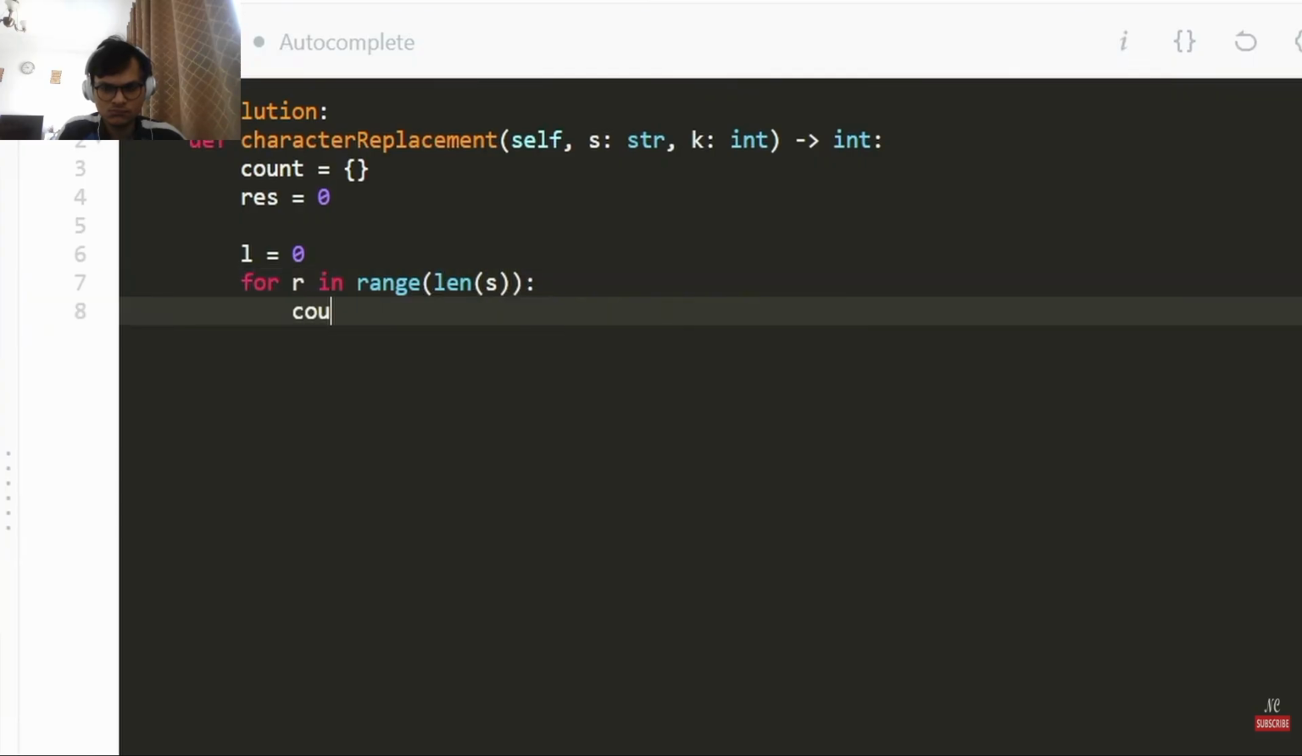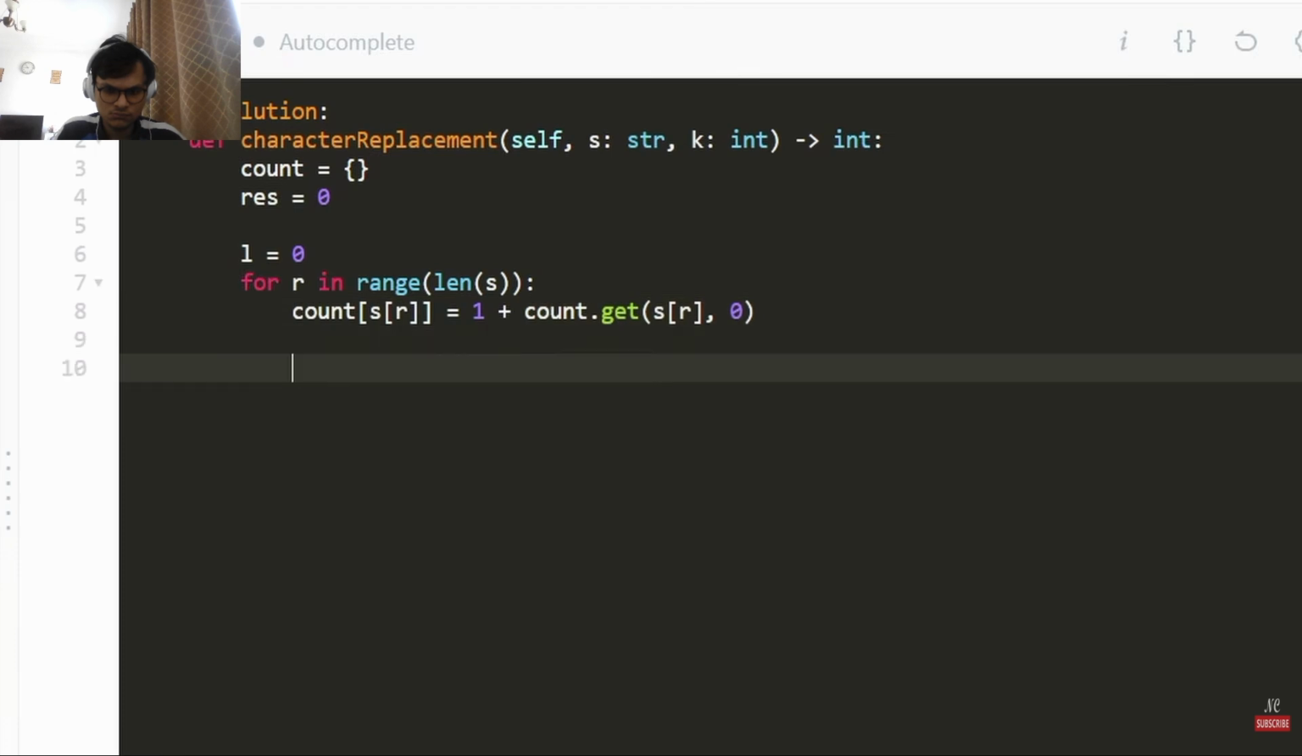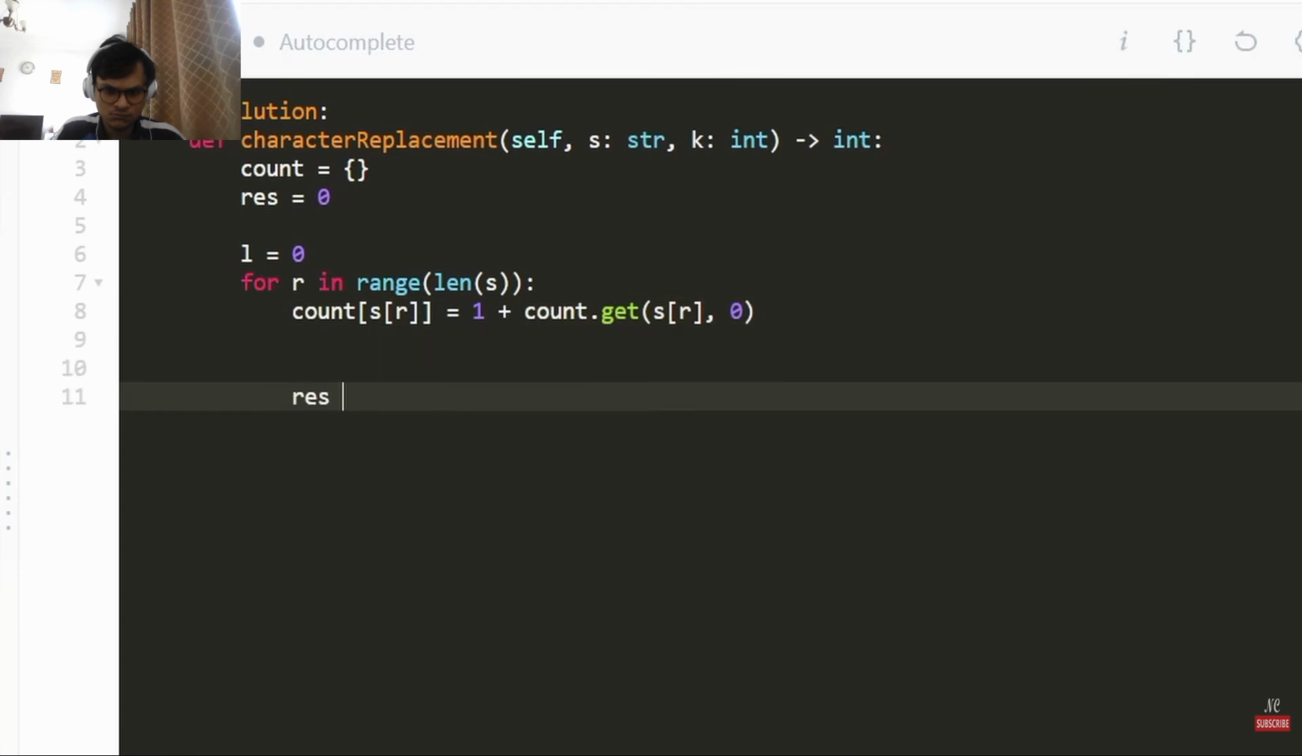So what we're going to do is, for the character at position r, we're going to increment the count of it. We're going to take 1 plus whatever the count currently was, count.get of this character. And if the character doesn't exist in our hash map, we're just going to return a default value of 0. That's what this function is doing. And so before, what we're going to obviously do is update our result, right? And we want to set the result equal to the max that it